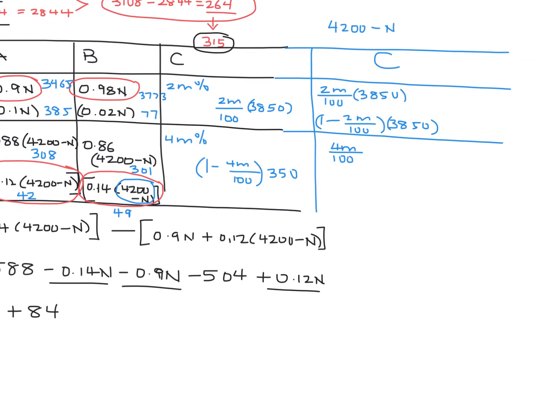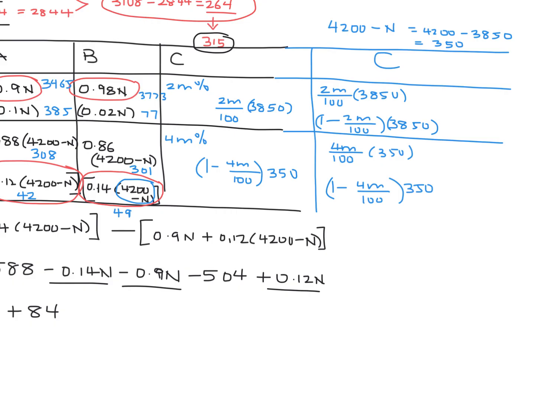So that's what I'm going to do. 4200, well, n is 3850, that we figured out. So that's 350. So this is going to be 4m over 100 times 350. And then the complement is 1 minus 4m over 100 times 350. Okay? And to figure out